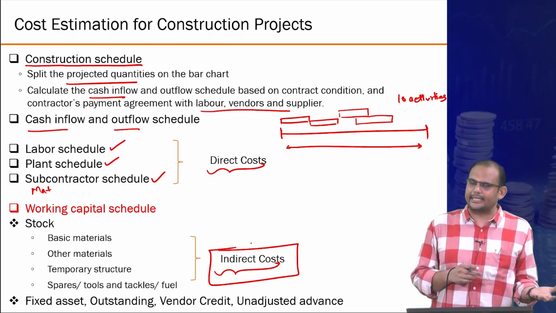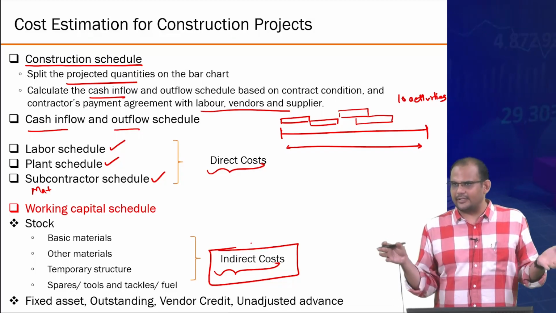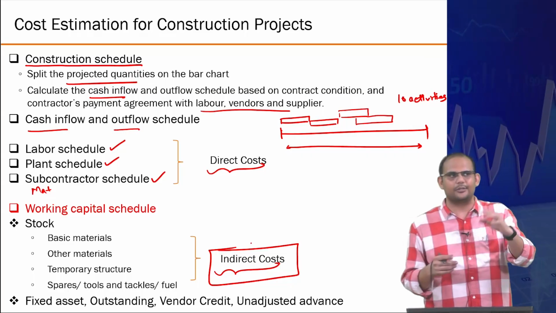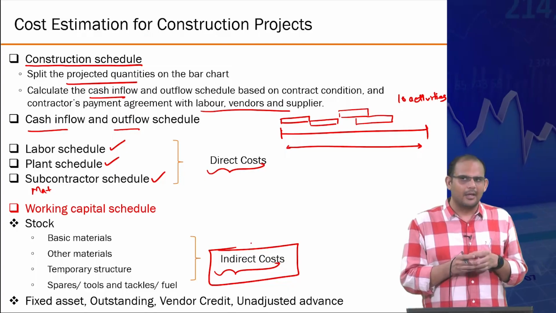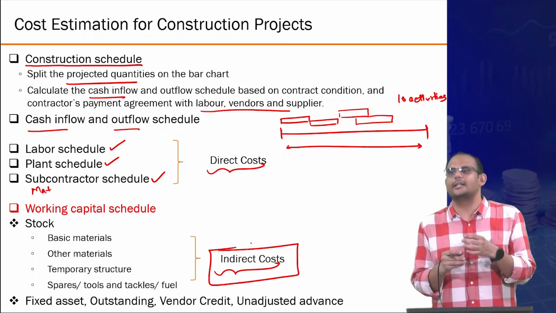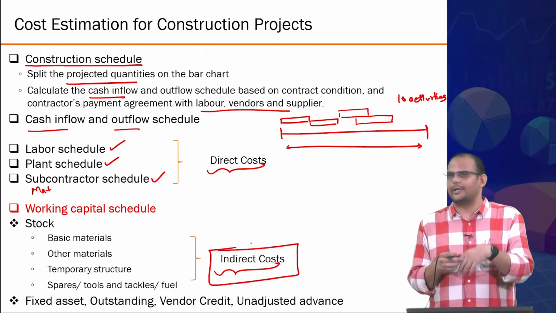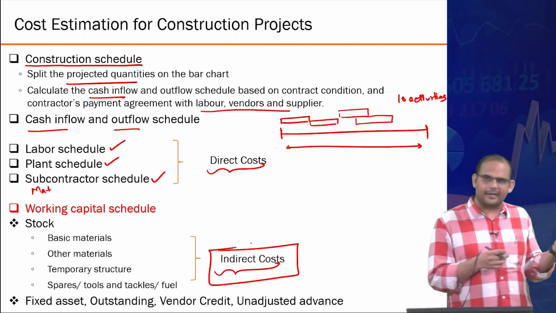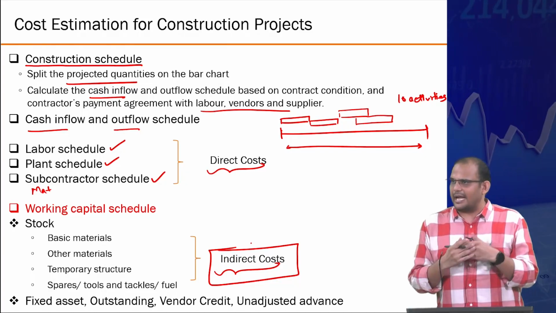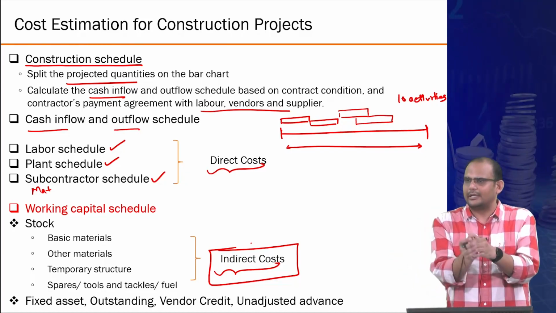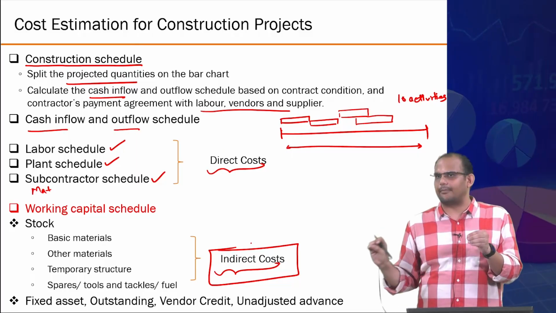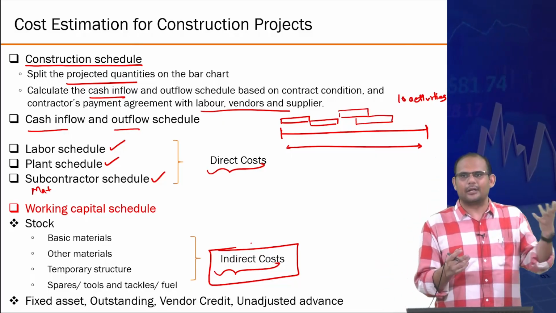For example, maintaining the storage. In a site, store maintenance requires money, right? You need to keep it in a good condition, maybe air conditioned to keep the temperature within a certain limit. But then storage can be used for so many things. You can store your rebars there, you can store your cement bags there, maybe a specialized type of sand, or paint material, or any admixture that you need to add to the cement. And not all of them will be required at the same activity. So storage cost is something which is distributed across different types of activity depending upon the materials requirement, right?